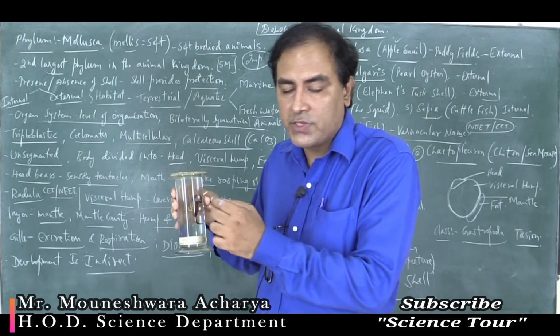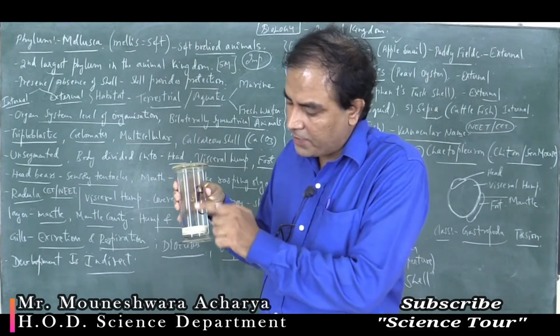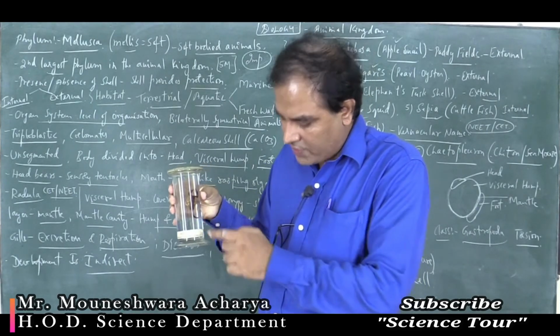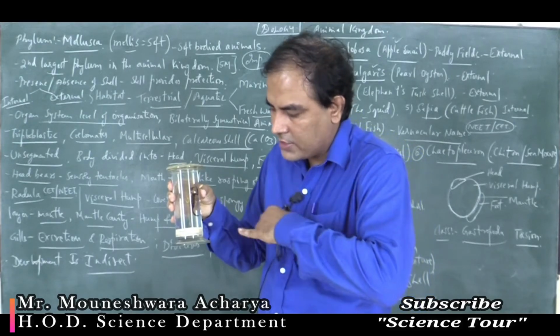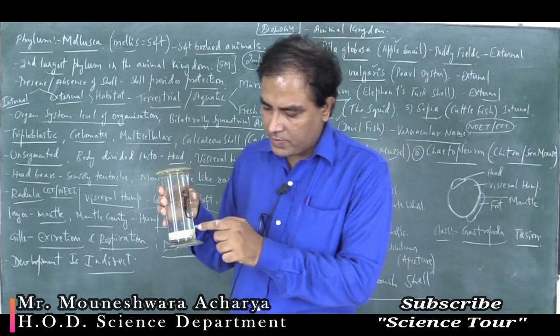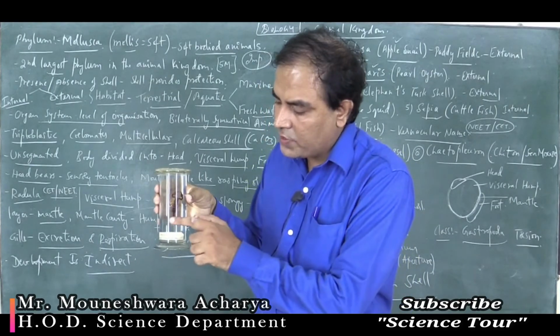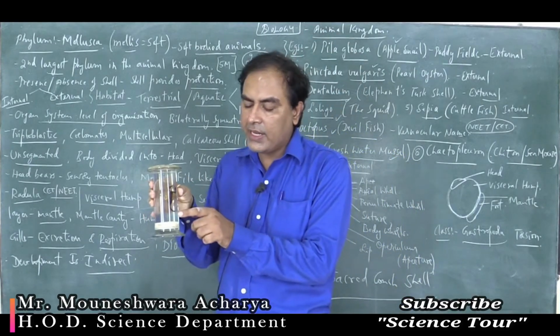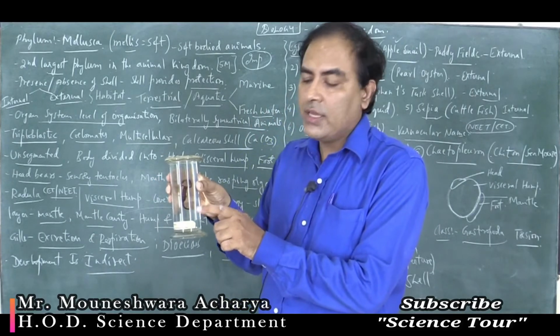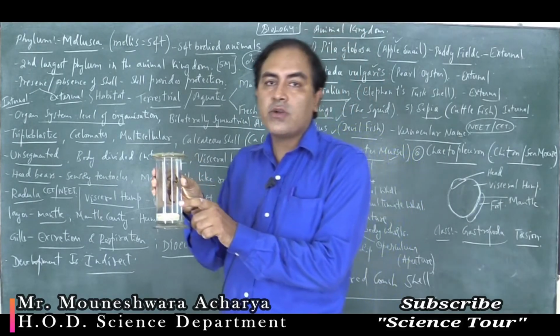Very toxic it is, and it has a segmented body. You can see the body is divided into head, thorax and the abdomen, and at the posterior region it has a tail-like structure, at the tip of the tail it has a poison sting,